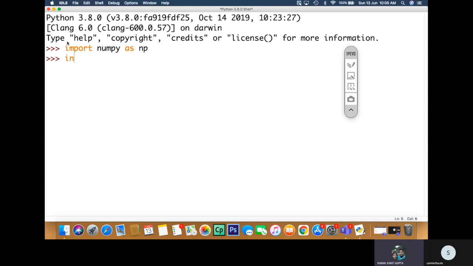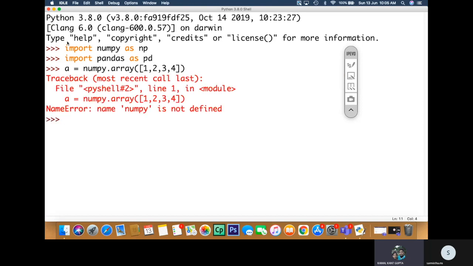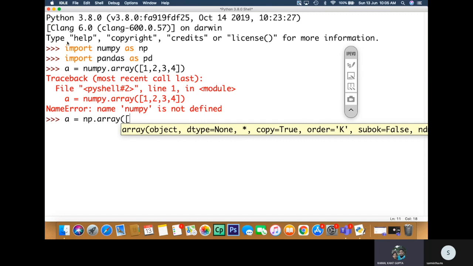Import pandas as pd, and then you can write array a is equal to numpy dot array. Sorry, you have renamed it as np, so instead of numpy, you should write np dot array, and then you have to pass 1 comma 2 comma 3 comma 4,